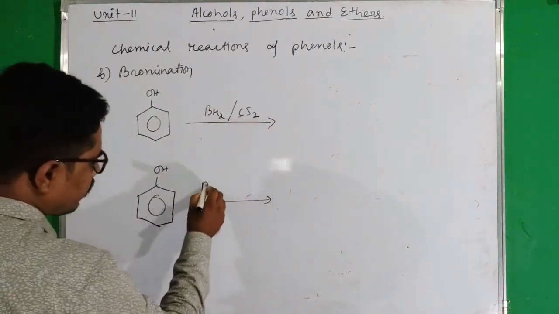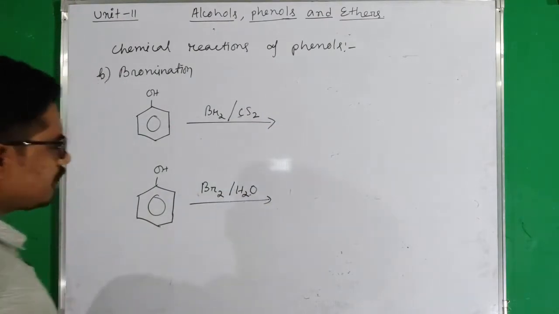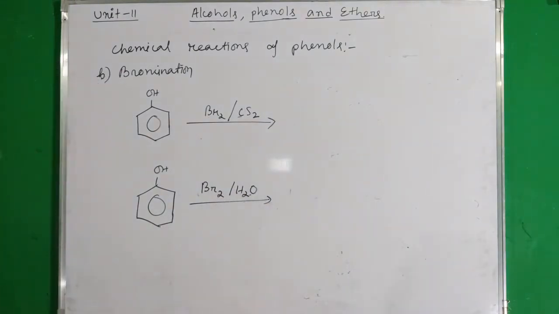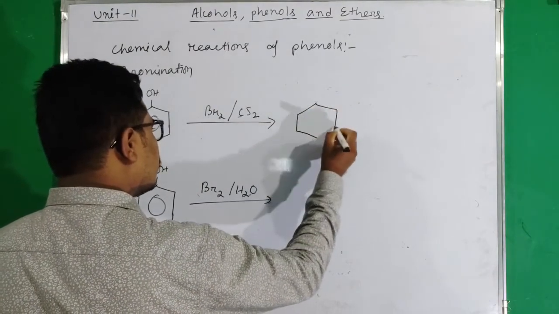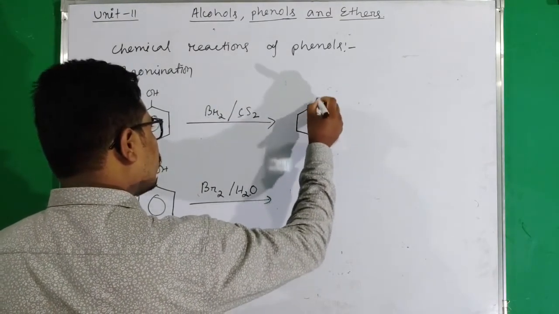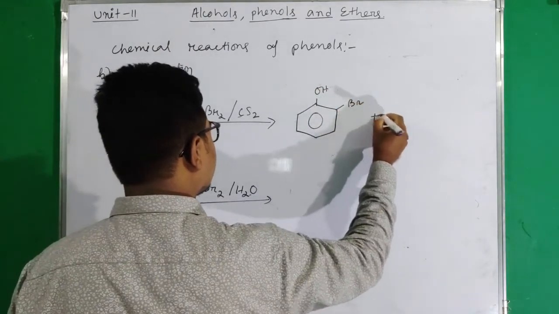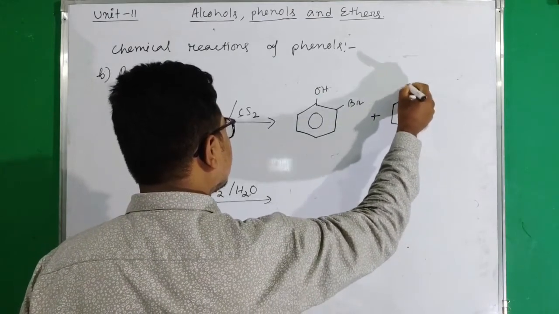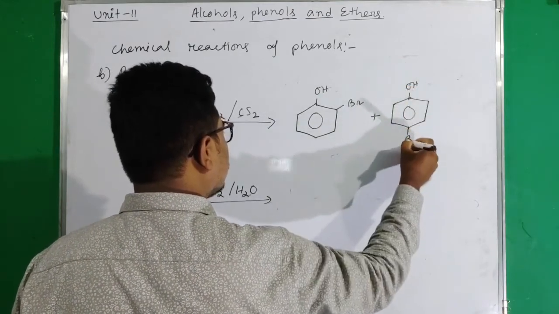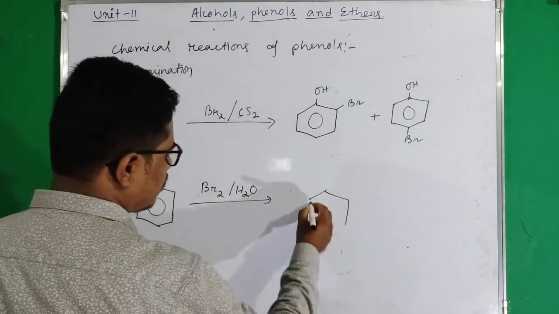Again we are using bromine in presence of water, that means bromine water. Okay, and in first case the bromine will attach to the ortho position and in another compound to the para position,